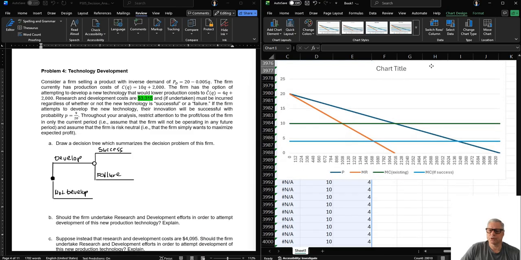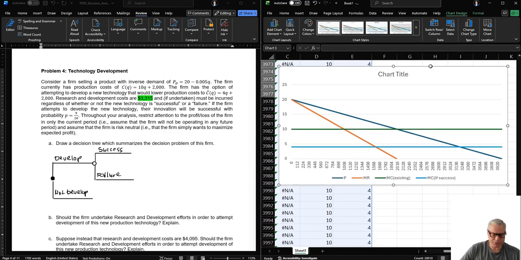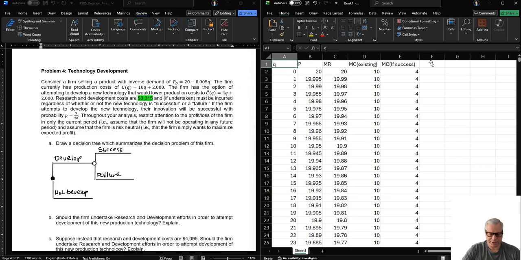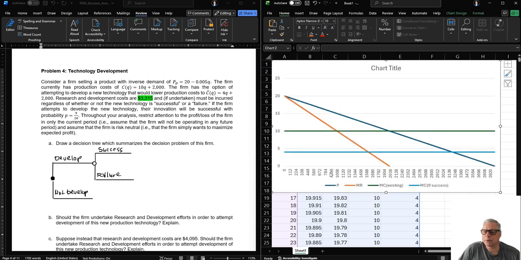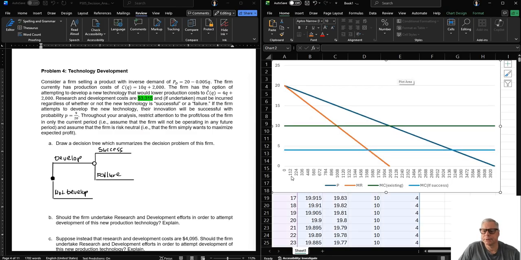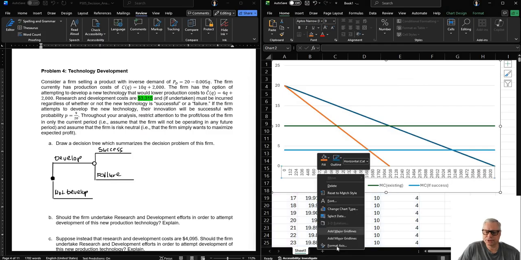Maybe let's format it a little bit more nicely so we can better evaluate it. First thing I want to do is maybe delete the chart title. We don't really need that. We can increase the interval on the x-axis,